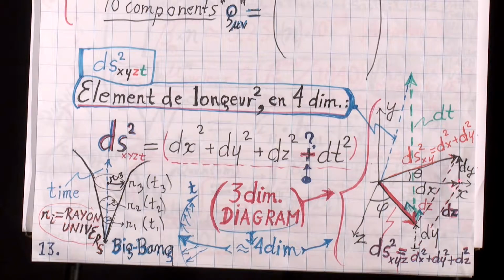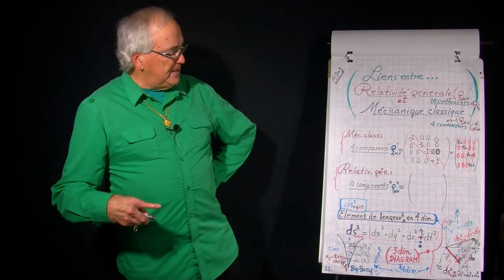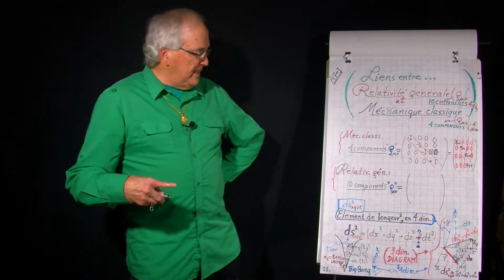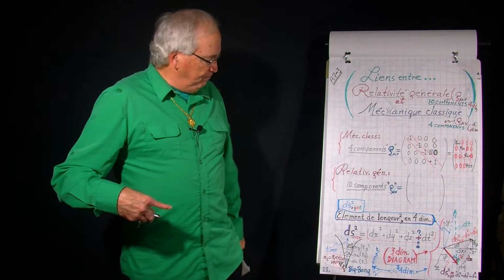So actually, I just want to show you that from vector theory and Pythagoras' theorem, you have dx in the x direction, dy in the y direction. So the length element from Pythagoras' theorem is dx squared plus dy squared. If you are in 3 dimensions, you have to add dz squared. Now, the 4th dimension could be seen upward here, but the best way to visualize that is by representing